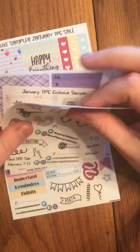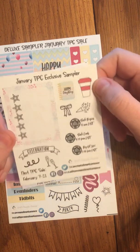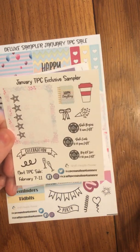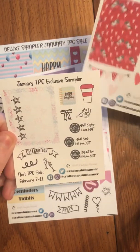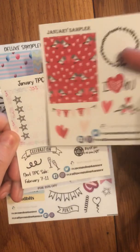So let's see, start with these here. So this is the Planners Collaborative sampler. This is the January one. This would have been the replacement for the typical January sampler. Any orders placed during the Planners Collaborative sale using the Planners Collaborative code would get the sampler instead of the